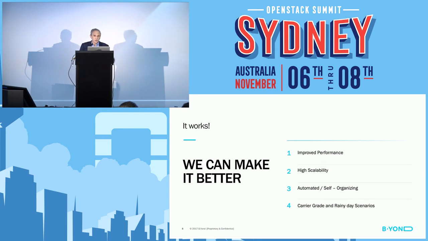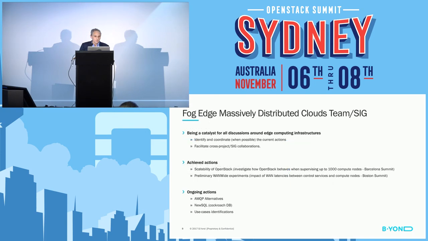So those are some of the challenges that are of interest to me and are of interest to B.Yond, where we're building some of the automation and AI models to enable that. At the same time, it's also of interest to the FEMDC SIG at OpenStack, which is really studying these complexities and trying to coordinate all the activities around cloud and edge clouds in particular. So some of the things we're looking at is what are the limitations that are implied by some of the use cases that we're talking about over here.